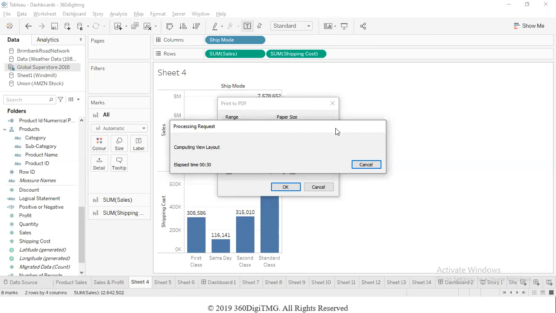It's taking time because that is a lot of worksheets. Here itself on the file menu, there is an option to export as a PowerPoint also. So whatever worksheets we have created, we can save it as a PowerPoint also, as a PDF or as a PowerPoint. Okay, let me cancel it out and show just a few charts.